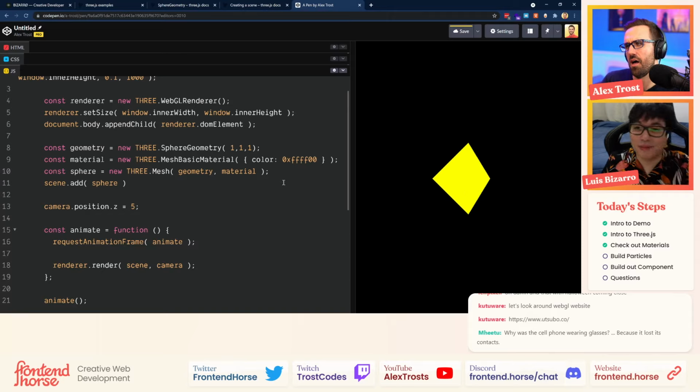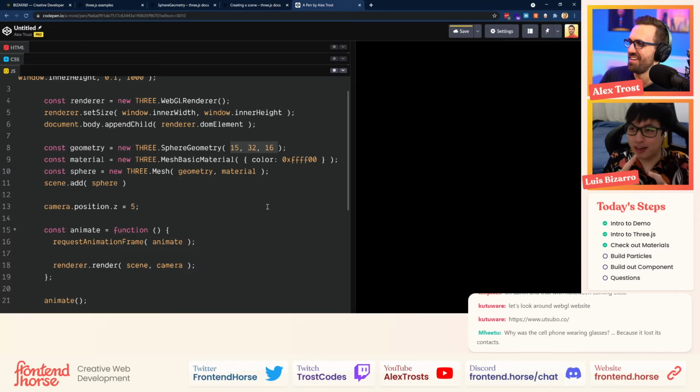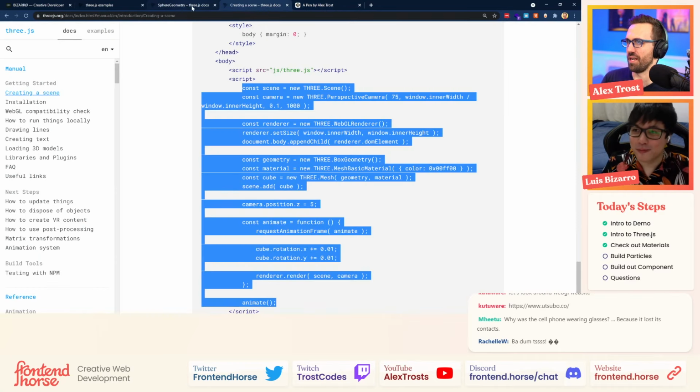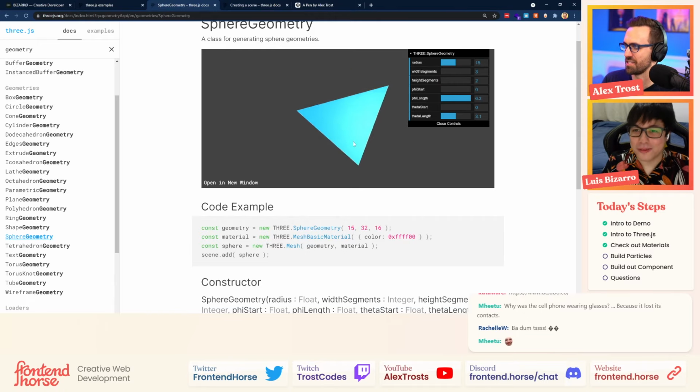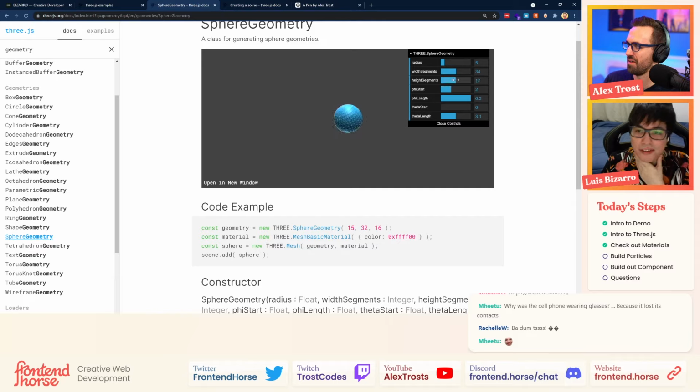Because the sphere is made by a bunch of different vertices, and you can play with these vertices when you're initializing the sphere geometry. So one, I think, is just purely a square. What I did there was I dropped the radius maybe down to one, but also the width segments and the height segments. Basically a polygon, so we're just seeing the one polygon inside. Cool. So we can use the radius as 5 and include 30 for both of them.